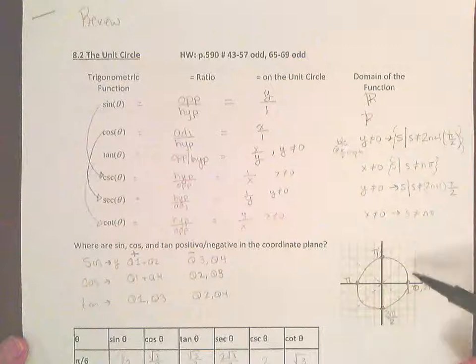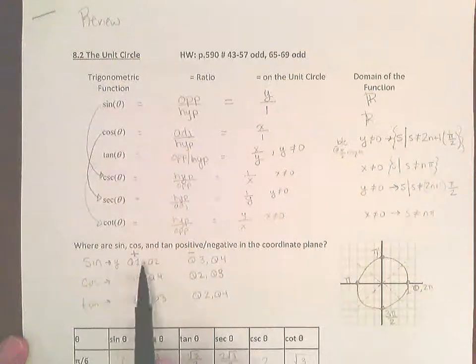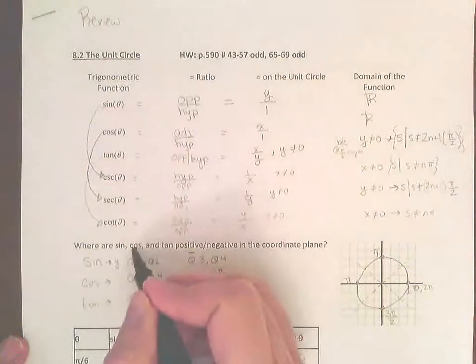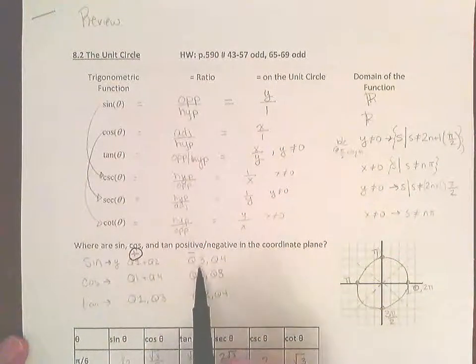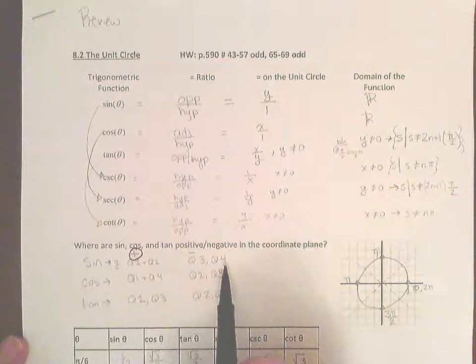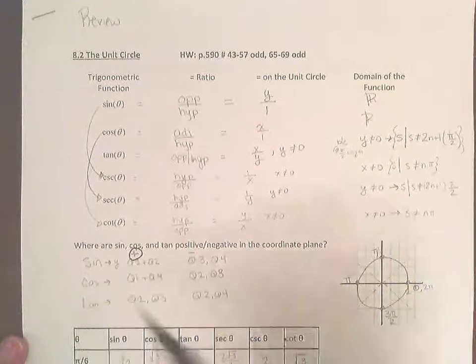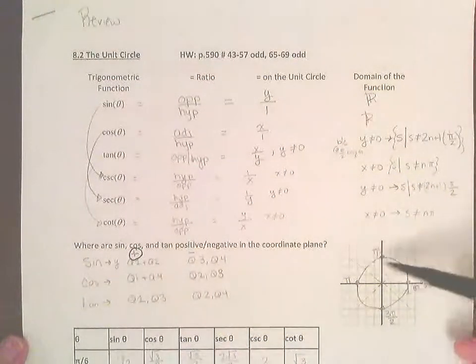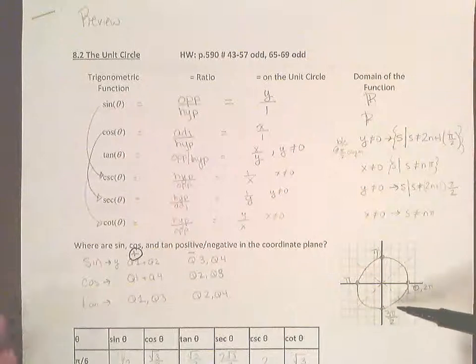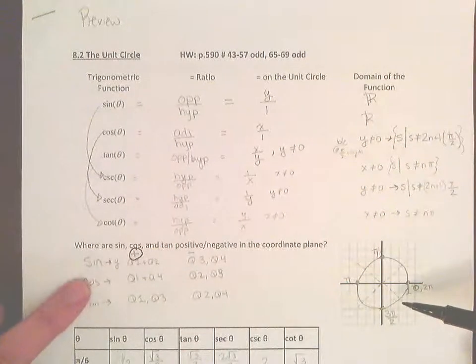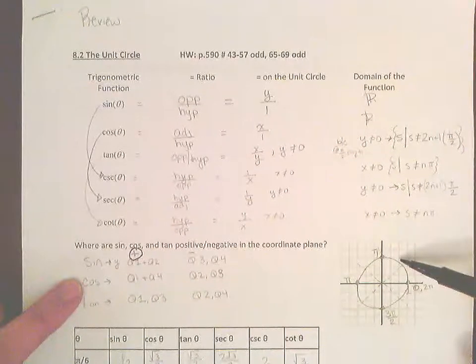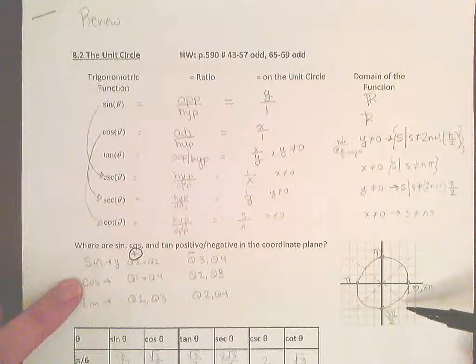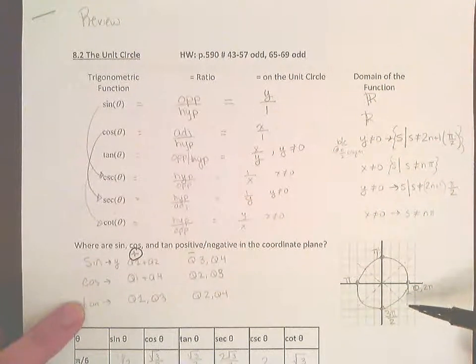Basically, by going through the unit circle, we know that sine is positive in the first two quarters, and negative in the last two quarters, because remember sine is going to be your y, so of course positive is going to be up here, negatives are going to be down here. Cosine is going to be positive in the first quarter and the last quarter quadrant, because we know that cosine represents the x values, and tangent,